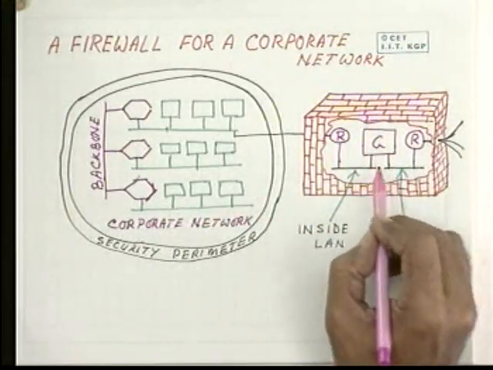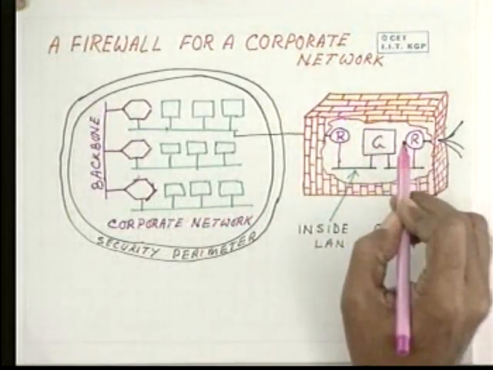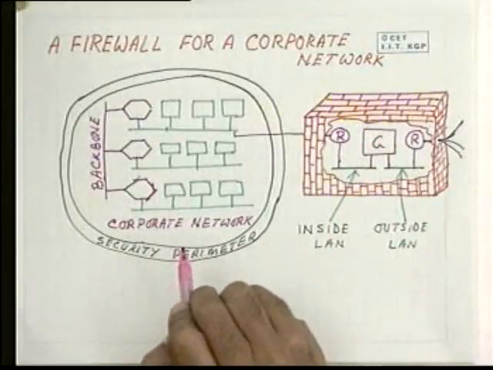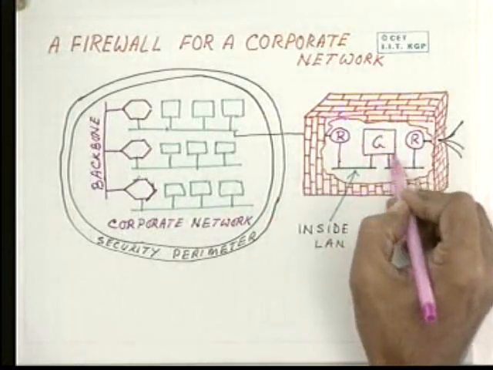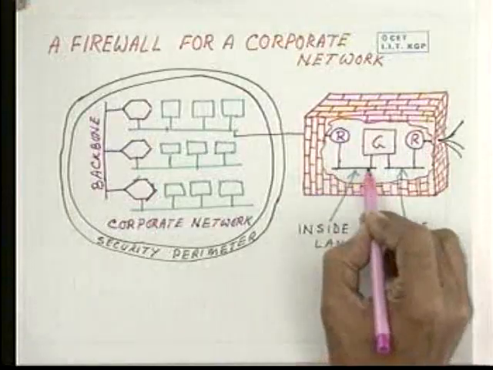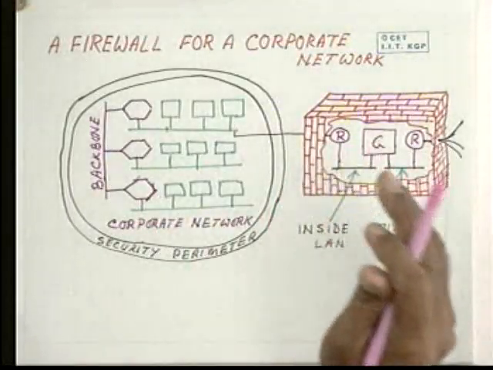So we have seen that these two routers perform packet filtering or discarding based on some policy which is implemented using a table. What is the role of this gateway? You may be asking, why do you need a gateway? The purpose of this gateway is that we want these two routers to be on two different networks. That is one purpose. The second purpose is, if we want second level monitoring of the information, that can be done